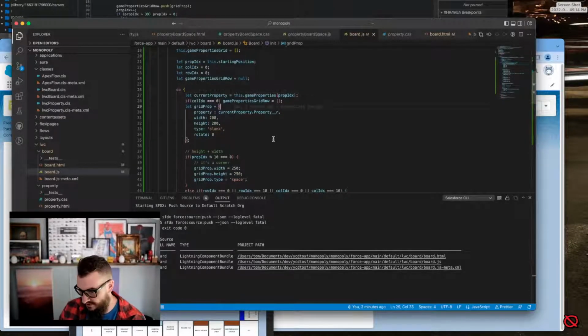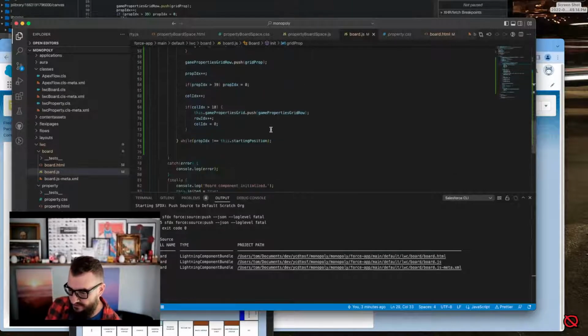So we start at 20. We do our first row. When we get to column index greater than 10, we push, we move forward, and oh my gosh,